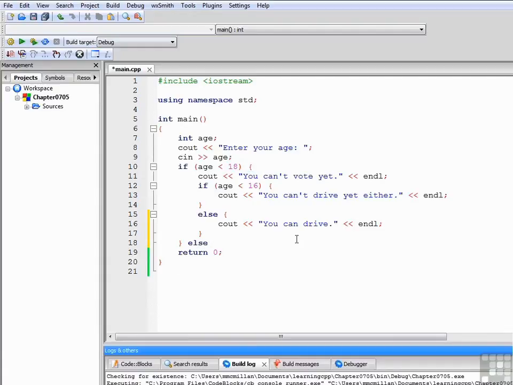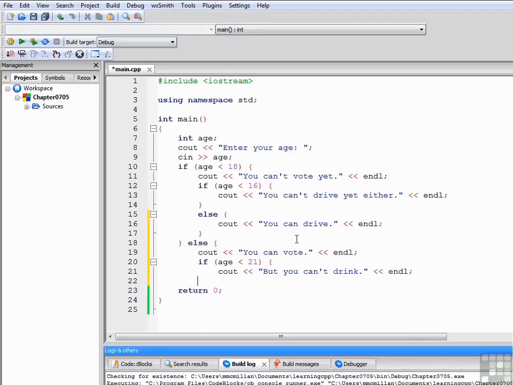If their age is 18 or greater, then the first thing we're going to write is that you can vote. And that's the first thing we're going to check for if they're 18 or greater. Then the next thing we want to do is check to see if they're less than 21, because that's the next big age milestone. And we'll say if they're less than 21 years old, they can vote, but you can't drink, at least not in most states. Close off that if, then have an else for that situation,